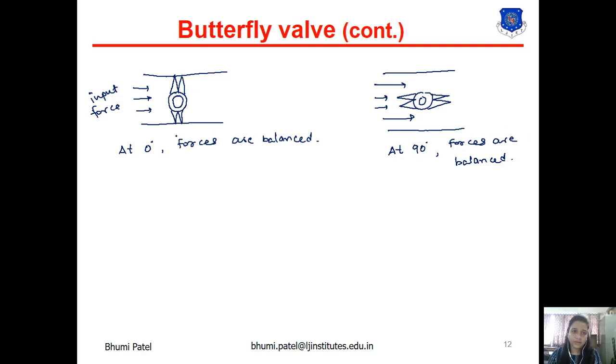So this is the fully closed position of the butterfly valve, and this is the fully open position. Now the third condition is if the butterfly valve is in this position,